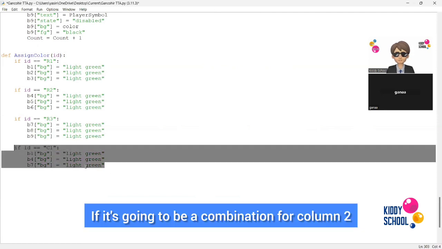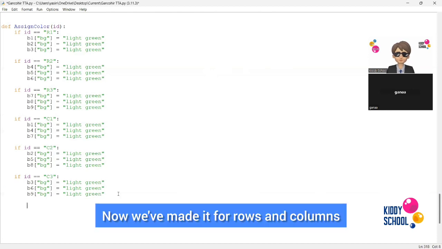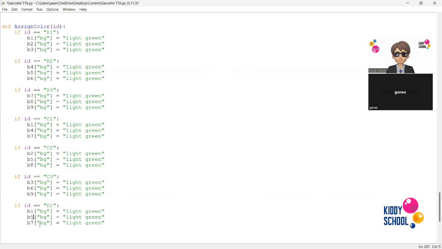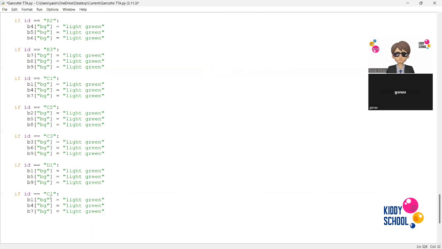If it's a combination for column 2, then it's going to be 2, 5, and 8, right? And if it's a combination for column 3, then it's going to be 3, 6, 9. Now, we made it for rows and columns. Now, if it's a combination for diagonal 1, the first diagonal, 1, 5, and 9. Diagonal 2 from the other side would be